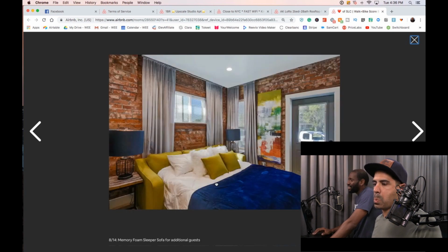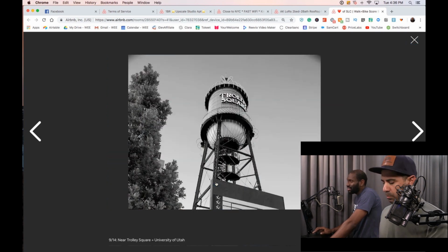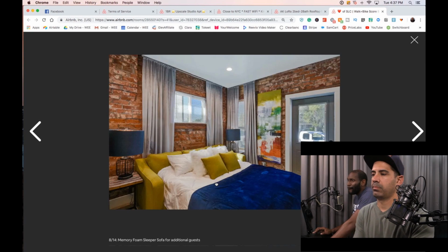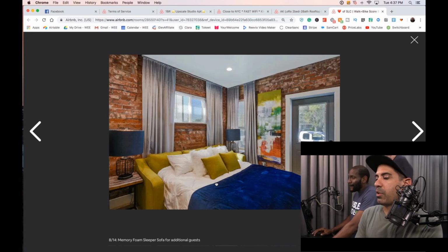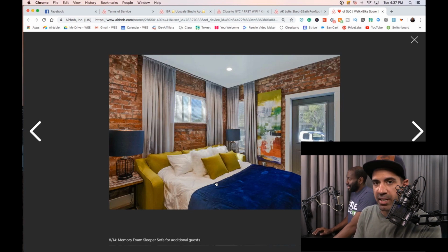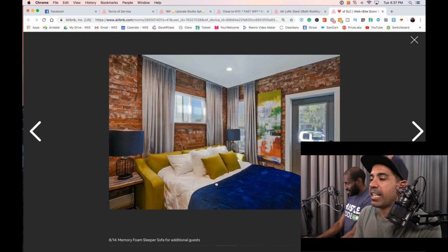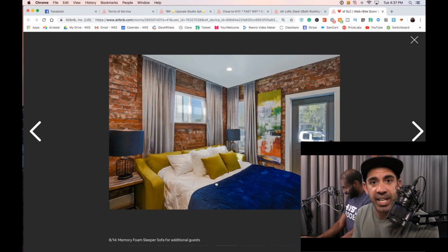Let's go to the next photo. That's, again, oversaturated, but I like the idea that you're showing it in a different use case with the thing extended. What is that? Yeah, it's the same shot. What I like about this photo is that they staged it. They actually are showing, well, I'm going to guess that it's stated in their listing, and we'll look at that in a moment, that there is a sleeper sofa, but now they're actually showing us a sleeper sofa. I will tell you from my own mistakes that I have not staged a sleeper sofa in 13 listings now, and I need to change that